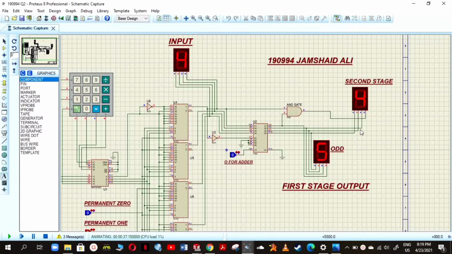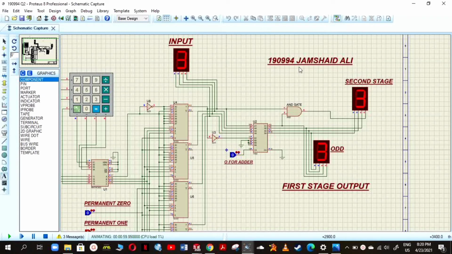These 3 inputs will display on the first stage output, and these 3 will connect again to our second stage, because these 3 conditions are not changeable. If I apply 3 on input, I get 3 on output on the first stage, and in the second stage I get 3 because my input is 3. So the second stage and input are always the same.